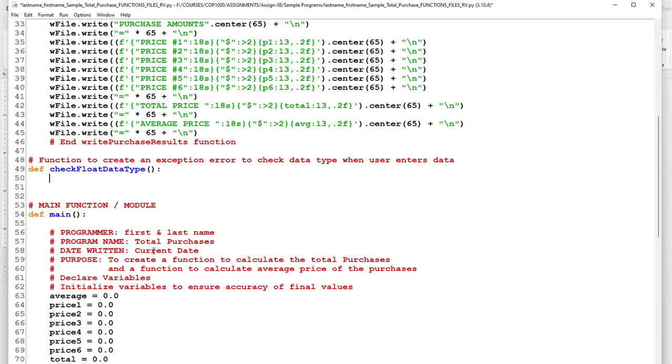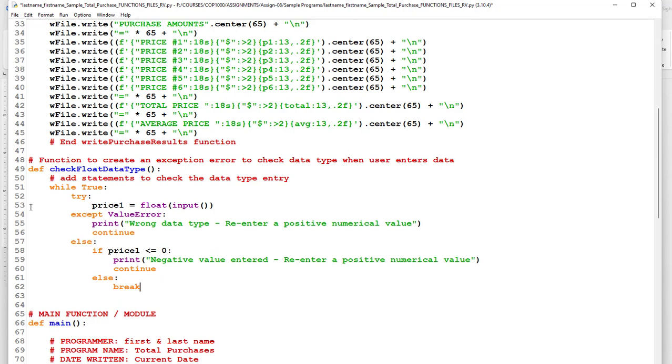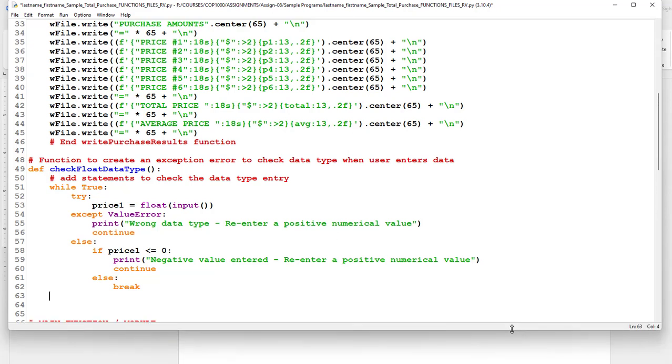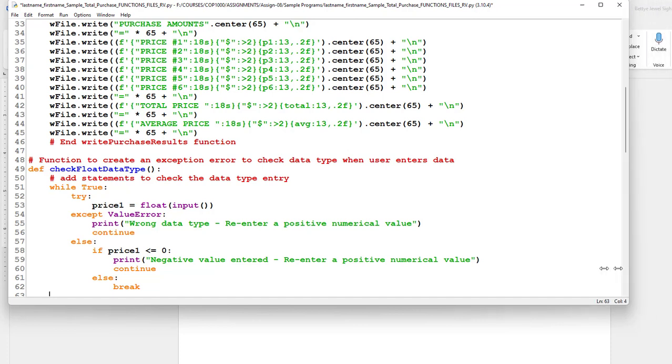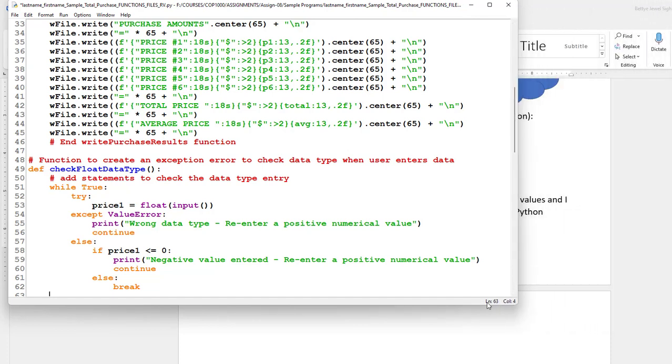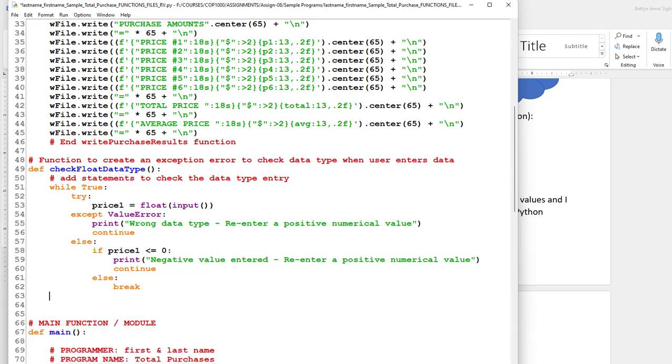So next, I'll go ahead and paste all this information. And what's going to be next is I'm going to go back to column 4 now. How do I know I'm at column 4? Because at the very bottom of the screen, I'm going to bring this up a little bit so you can see this, you'll see line 63. That's where I'm at, line 63, and column 4. I'm going to say return,